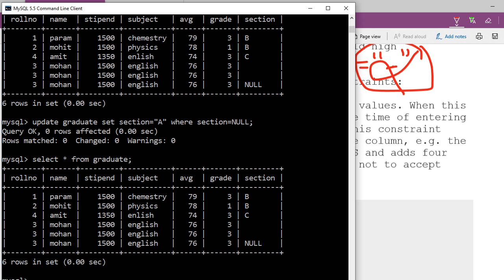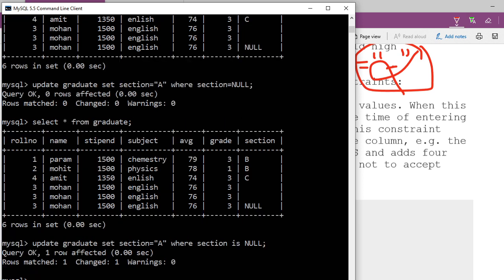If I have to make changes in the null, what I'm going to write is section is null. You can't compare with equal to; you use the IS clause. See, now one row matched. You see, zero rows matched here, and here one row matched.